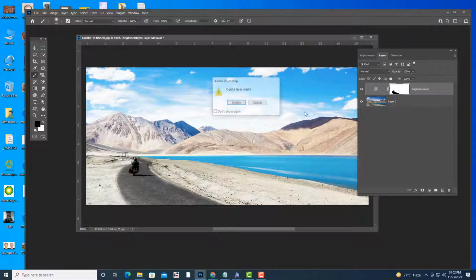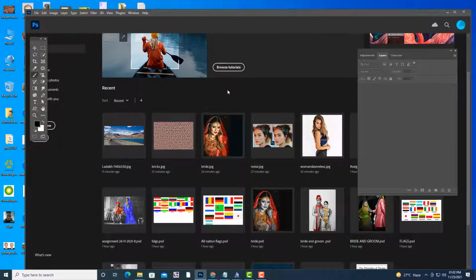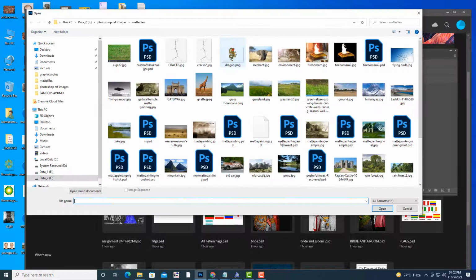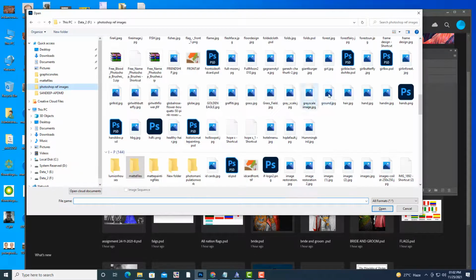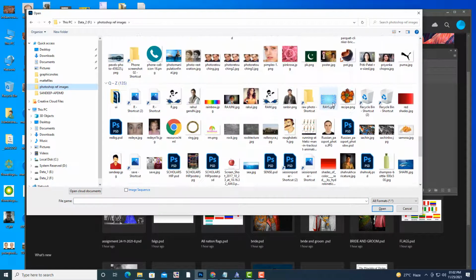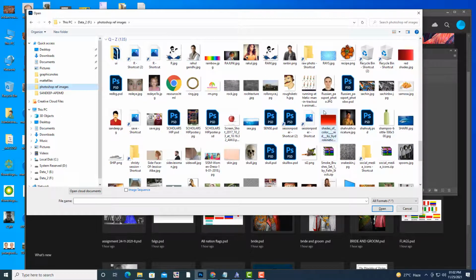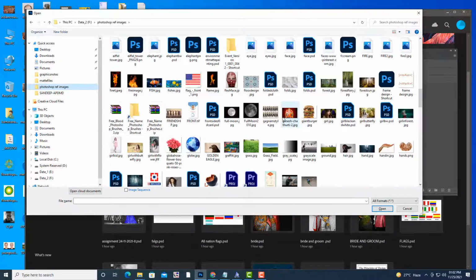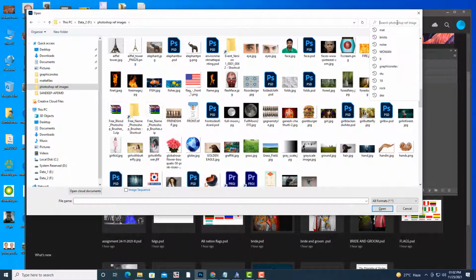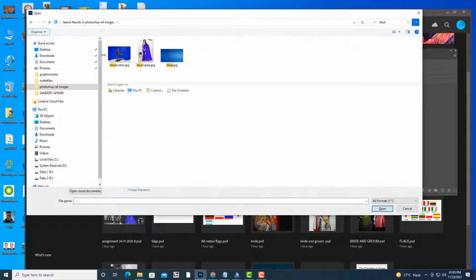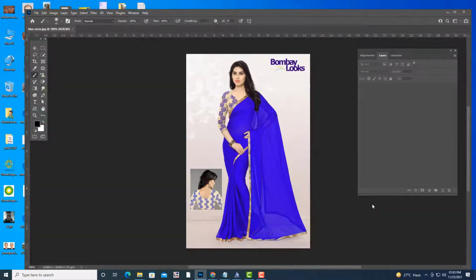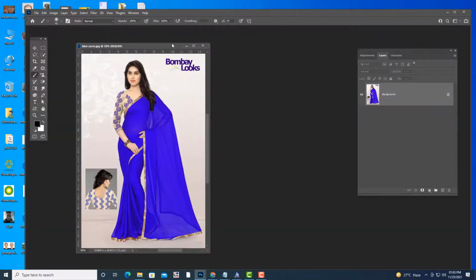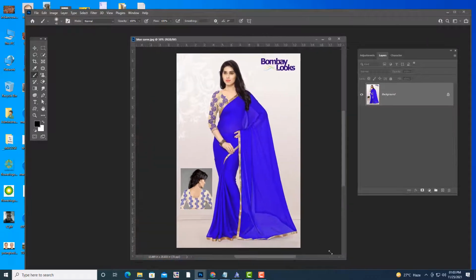Now we will check the next adjustment. See, I have selected this image.